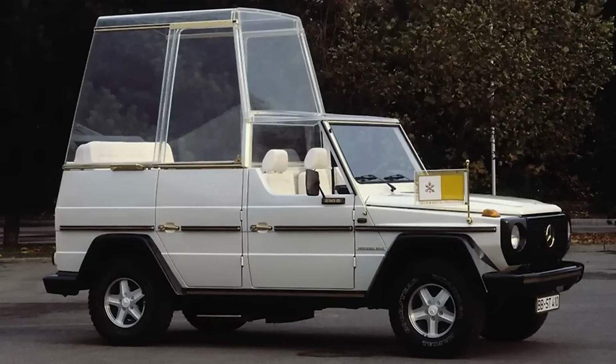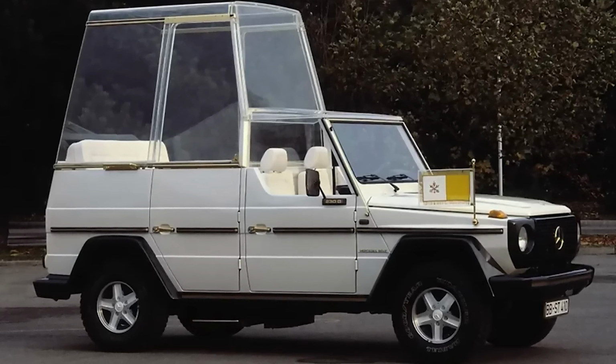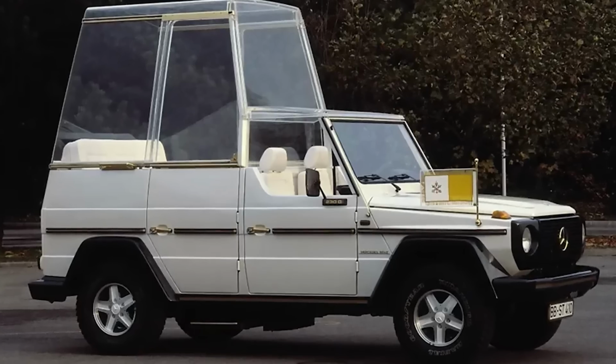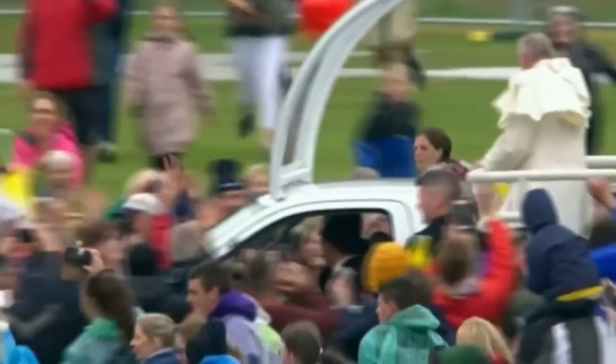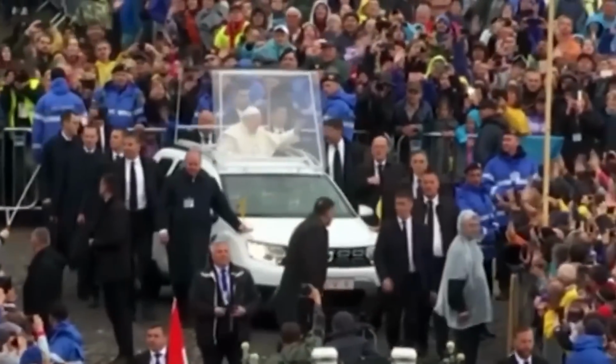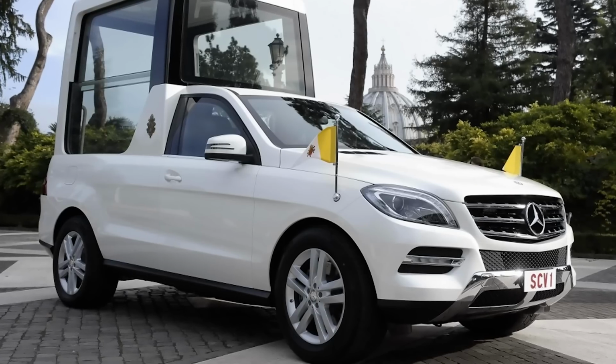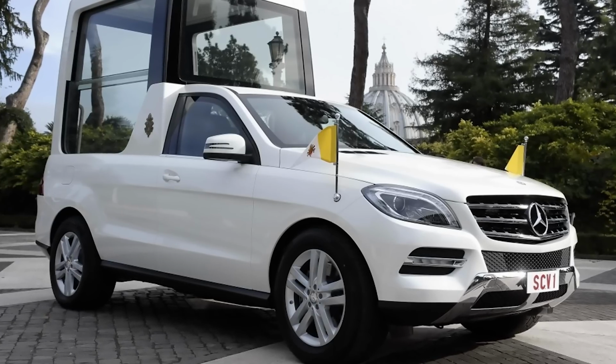For example, after the assassination attempt on John Paul II in 1981, the Popemobile was equipped with bulletproof glass. A modern Popemobile is usually a modified open-air vehicle. The body provides the Pope with protection at the same time allowing him to be visible to the crowd. The car is often a large SUV or pickup truck with a high seat so that the Pope can see